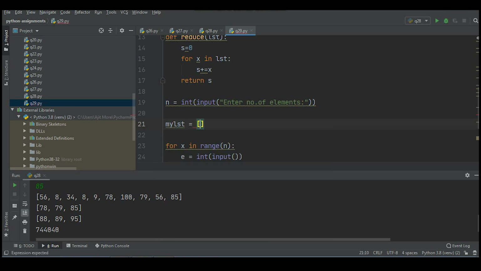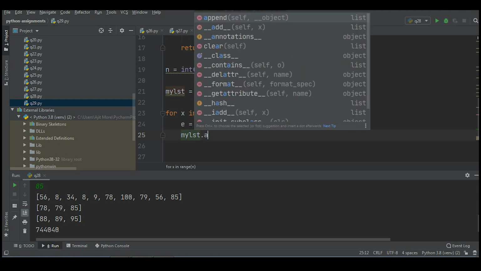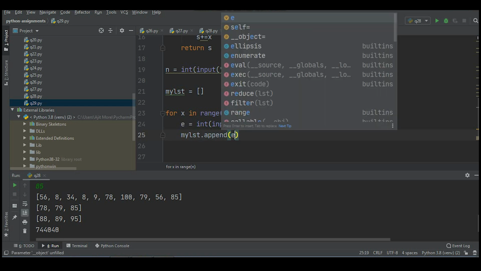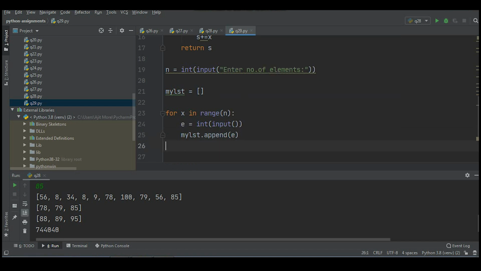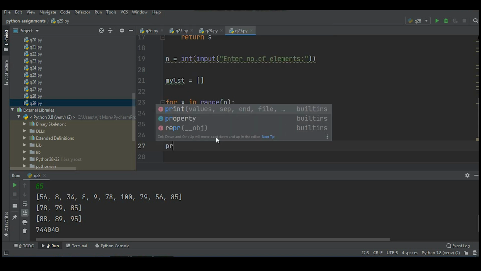So easy, mylist equal to square brackets. It has just created one empty list object. I'll store this in mylist. Is it clear to you? mylist dot append e. Now the basic task of this for loop is just to accept n elements and store them in the list. We'll display this list,